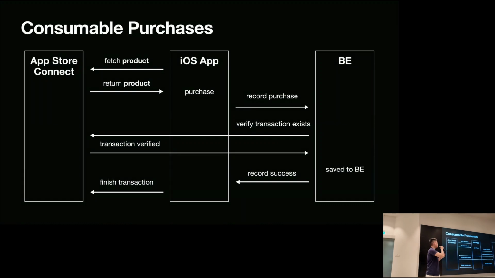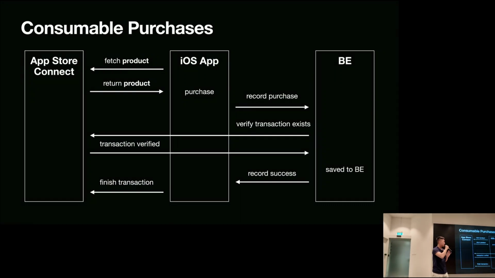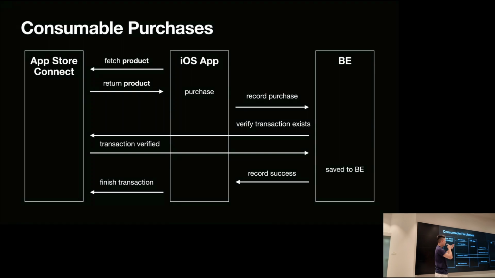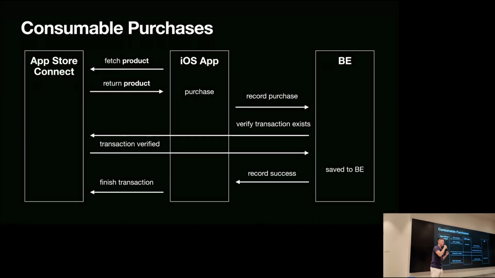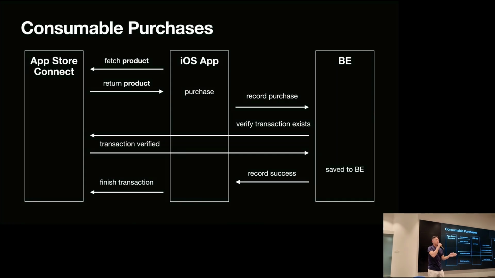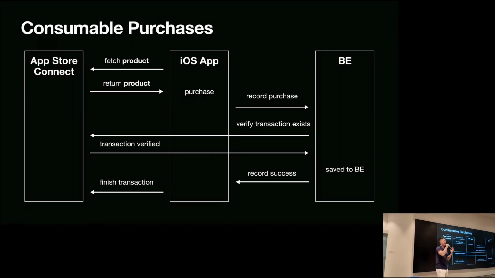So now we are looking at the graph for consumable purchases. The key difference is we have a new block there for backend services, or it can be any persistent data storage. Why do we need that third persistent data storage for consumable purchases? For example, if I have bought a remove ads kind of thing, whenever you log into another device, since the single source of truth is your Apple ID, it doesn't matter if you don't save it in the backend, because it can be retrieved from your